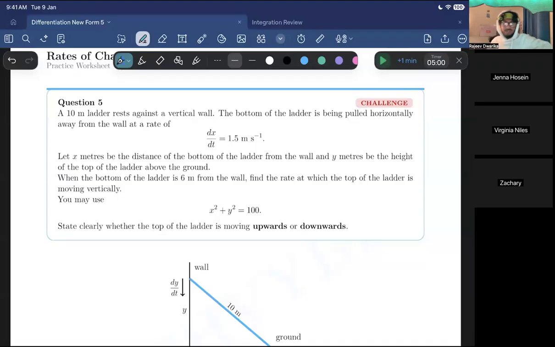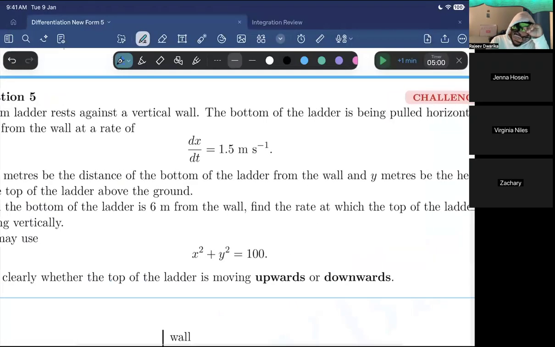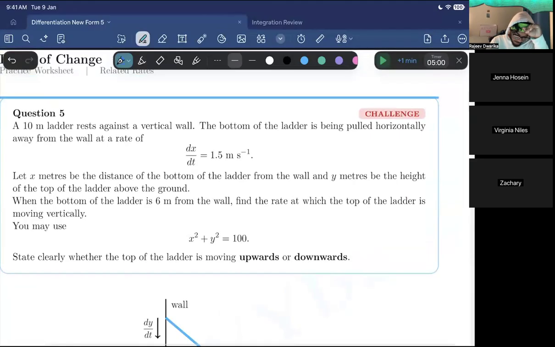Right. Zachary, give it a read. That tells me it's a ladder rests against a vertical wall. The bottom of the ladder is being pulled horizontally away from the wall at a rate of dx/dt is equal to 1.5 meters per second. Wait. Let x, oh, before we finish, Zachary,